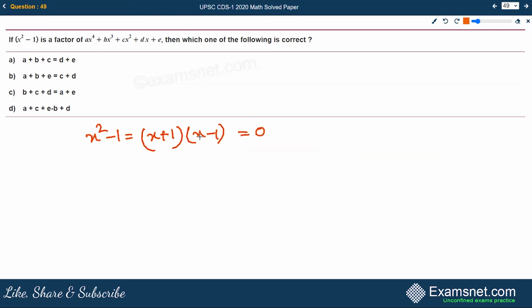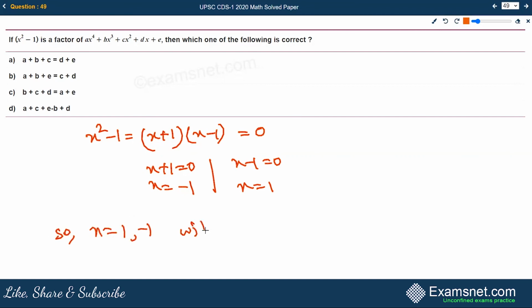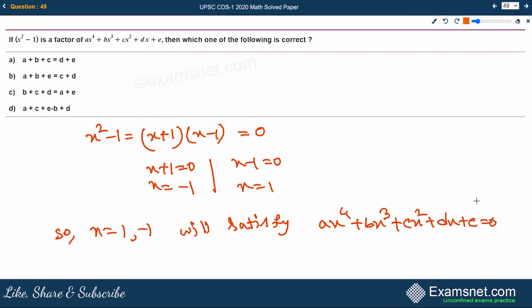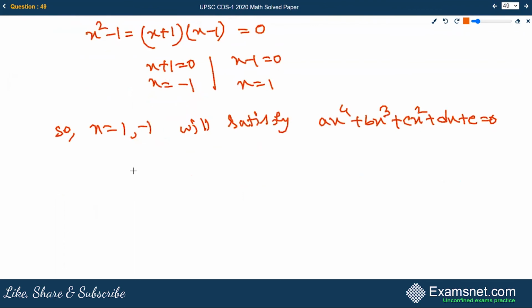Now, if we equate with 0, we will get the value of x. Either x plus 1 equals 0, that will give us x equals minus 1, or x minus 1 equals 0, that will give us x equals 1. So we can see x equals 1 and minus 1 will satisfy the given equation, that is ax to the power 4 plus bx cube plus cx square plus dx plus e equals 0. Now putting x equals